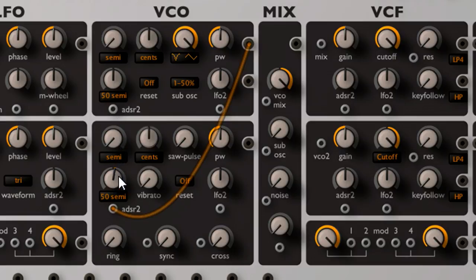Okay, let's jump over to the left. Ring stands for ring modulation, and with this knob fully up, the output of oscillator 2 is actually both oscillators multiplied together. Tuning one of the oscillators moves the resulting sidebands around, so it sounds like both oscillators are changing pitch by different amounts.